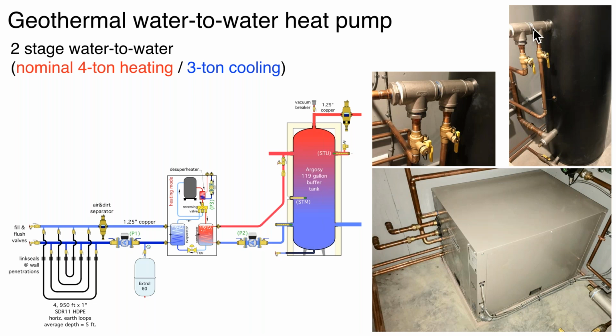So in addition to thermal buffering, the buffer tank helps us with hydraulic separation of the circulators. So rather than get 2-inch copper and solder it together, we actually found it was less expensive to use the stainless steel T's. And these are just close threaded stainless nipples in here. Here's a bushing to adapt down to 1-inch pipe, and threaded those onto the